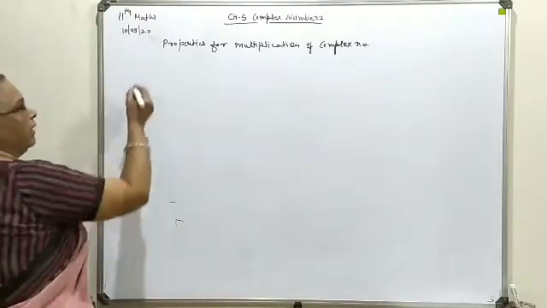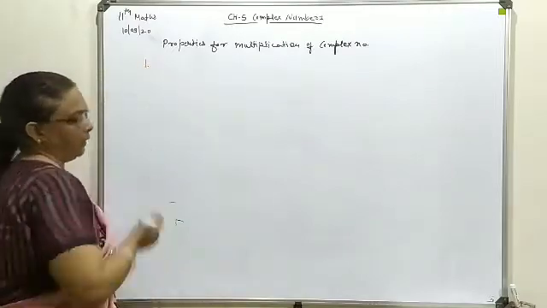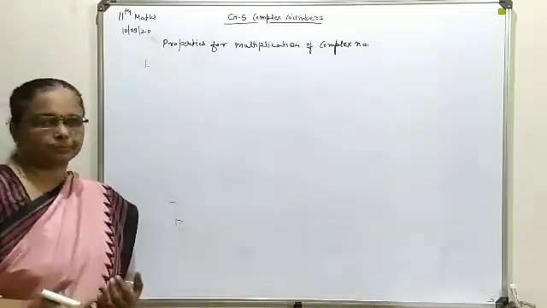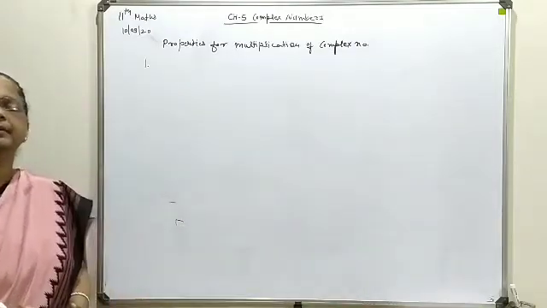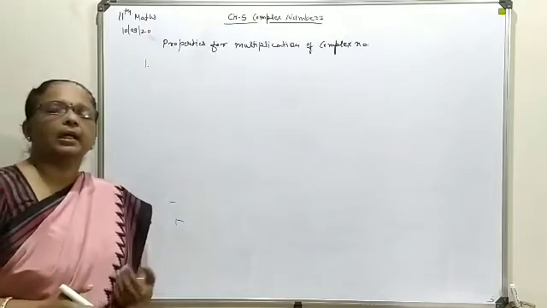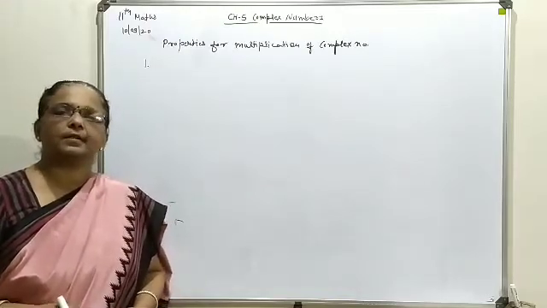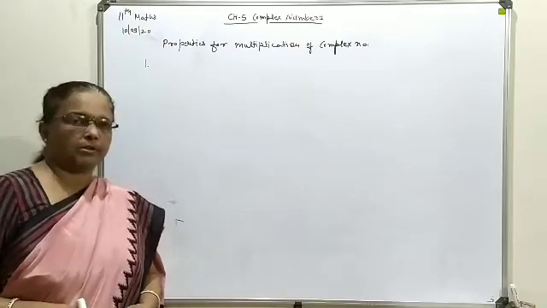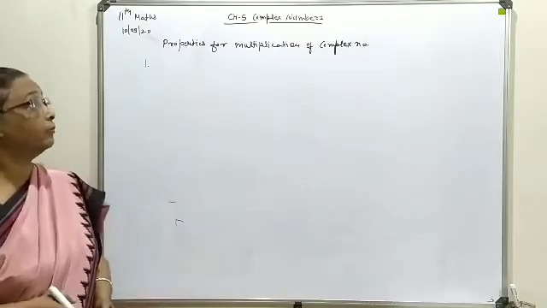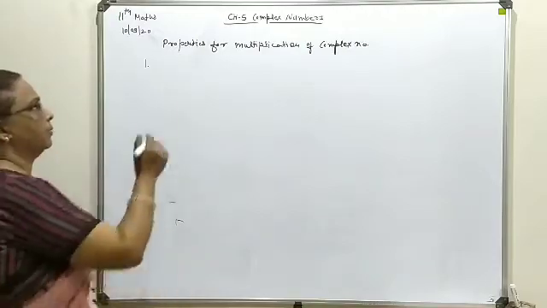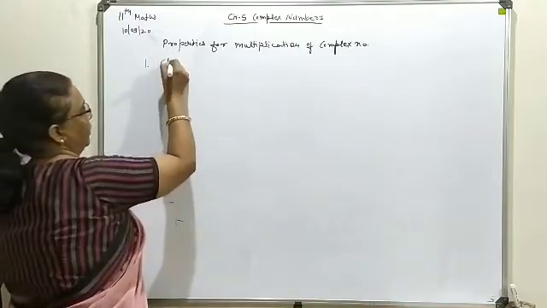In the beginning we wrote one property regarding the addition of complex numbers, that was the closure one. That means if you add any two complex numbers, again the answer will come out in complex number form, so it is considered a closure property. So here also, in the form of multiplication, the same property will be implemented. So the first property is the closure property.